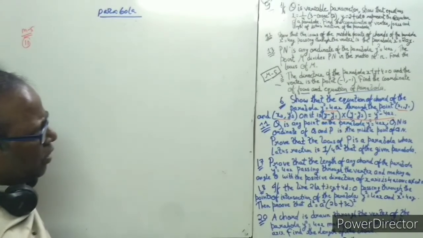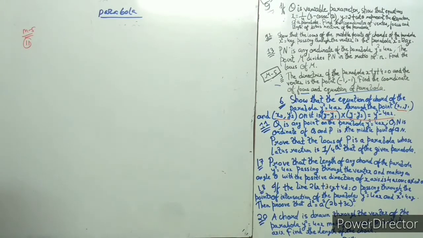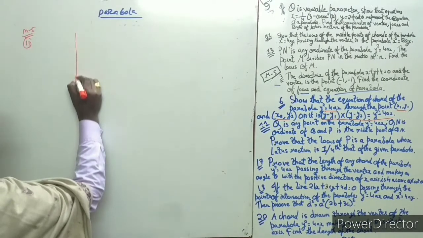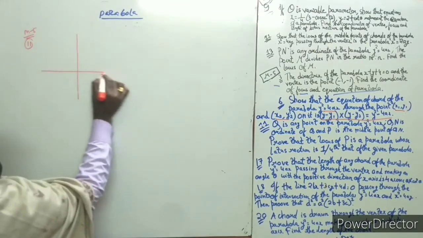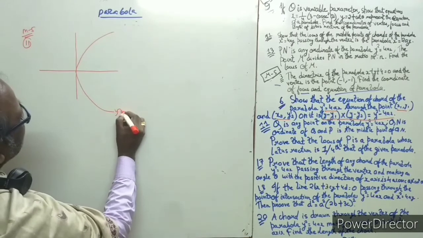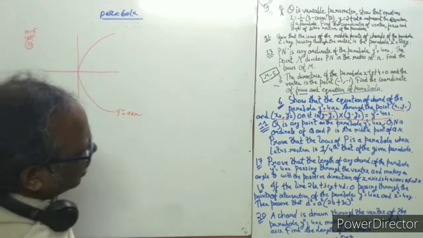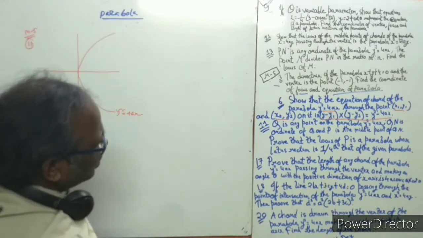Q is any point on the parabola y square equal to 4x, and Qn is the ordinate of Q. So again, draw the curve. This is y square equal to 4x, and Qn is the ordinate of